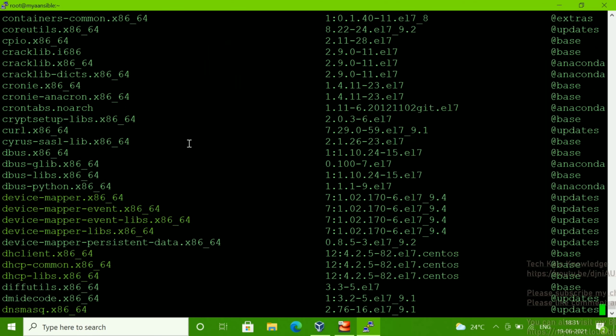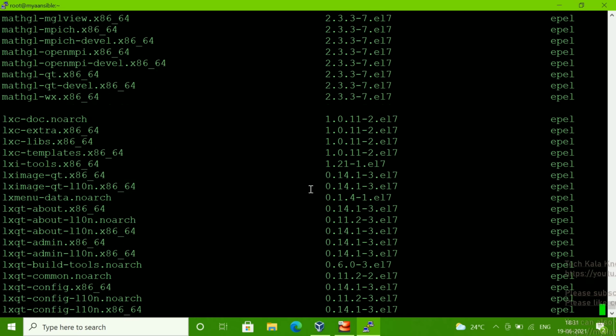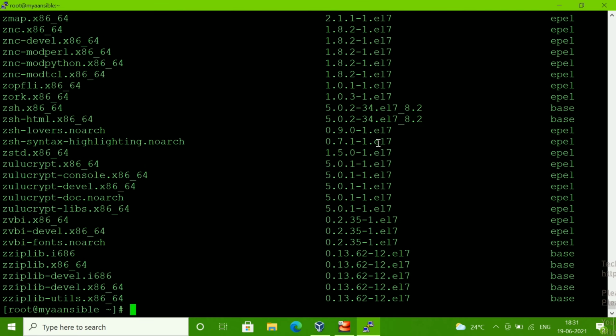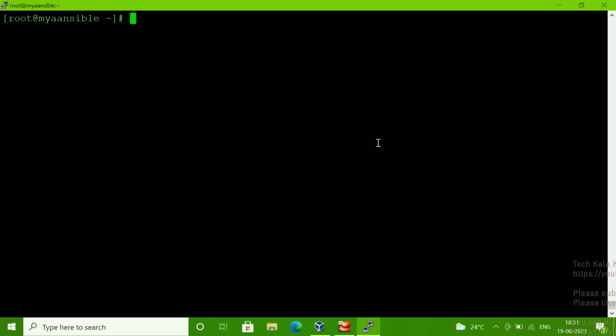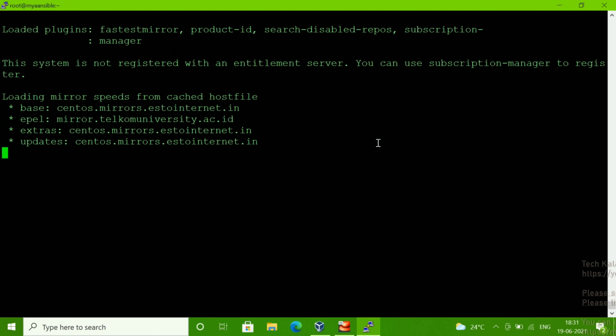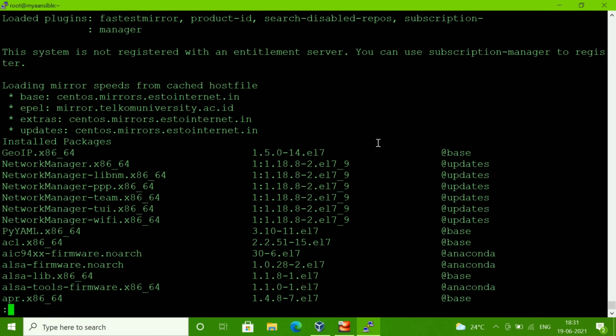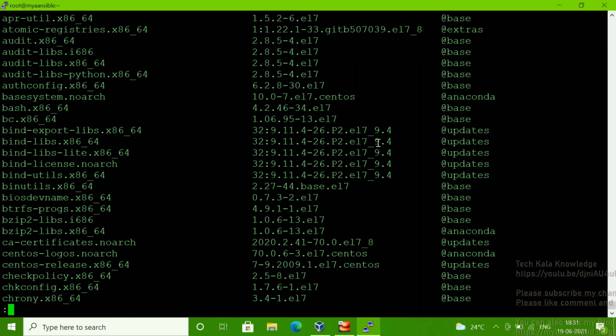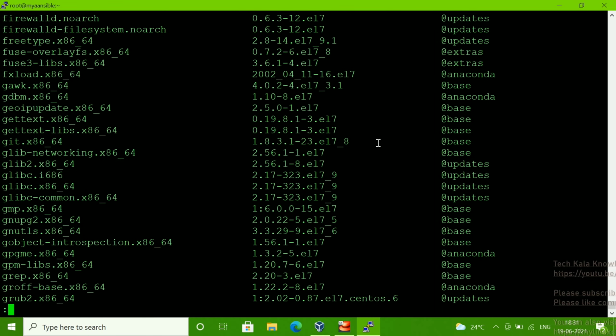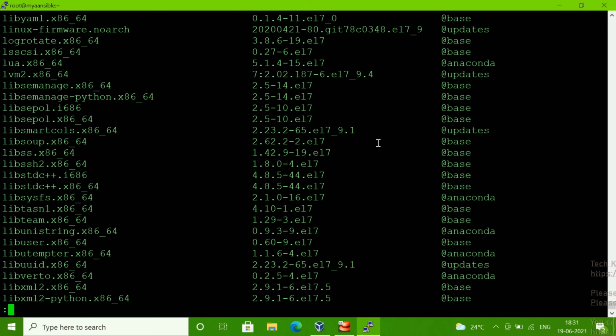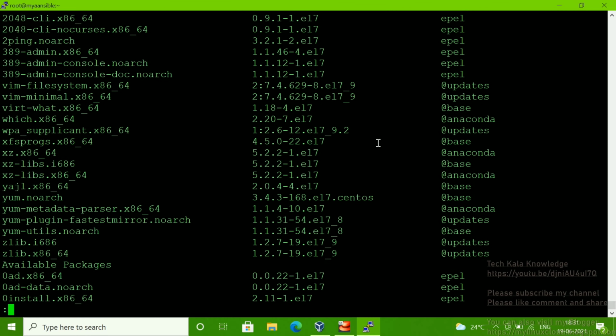Yeah, I will show you. You can see all the installed packages are going to show. Even you can run this command differently. Let me clear this. These are the installed packages. Let me clear and run yum list pipe less. So page by page you will get the information. You can see, press the escape key on your keyboard, and you will get page by page information. So this way you can also search.